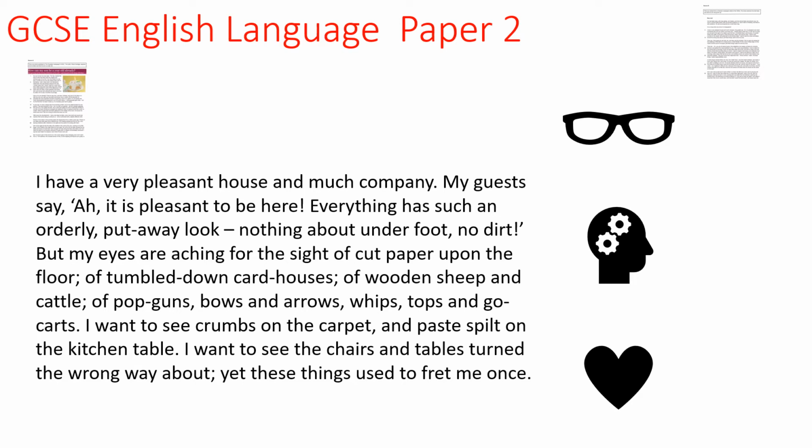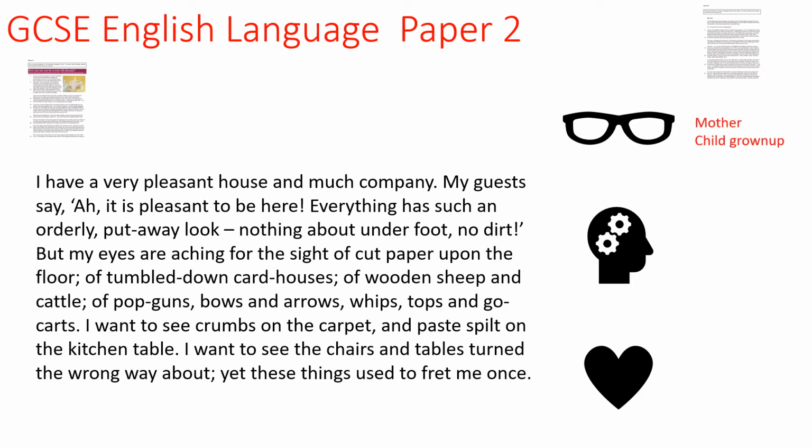And it's better to start with what the writer is thinking or feeling before looking at the techniques. One of the hardest things to do in English is find a technique and then try and explain what the writer is feeling or thinking. Often, students can spot a technique and go, oh, I can find alliteration. But try and explain what alliteration means and why the writer has done it. It's quite a hard thing. So the best thing to do is start with what the writer thinks or feels, and then zoom into the